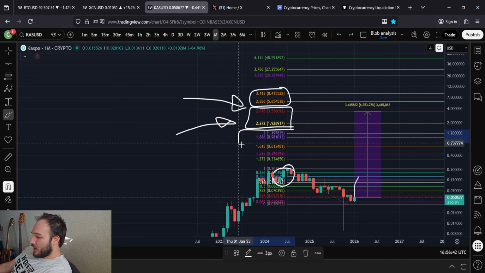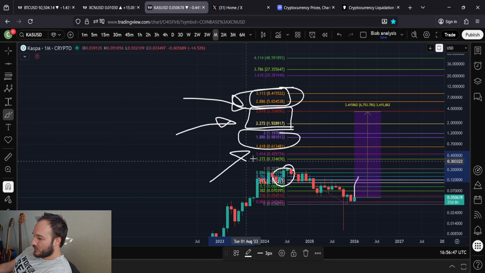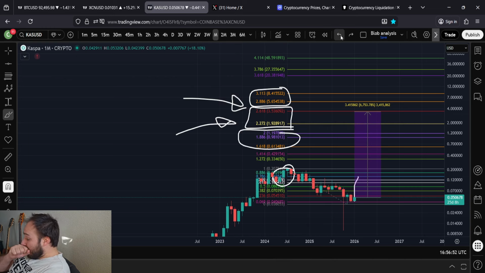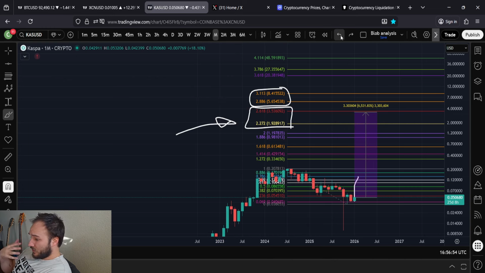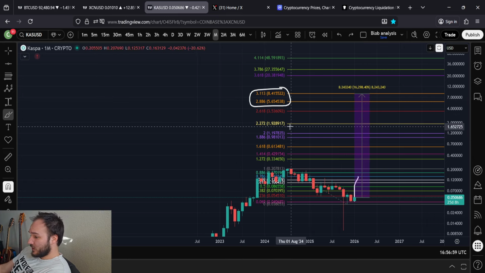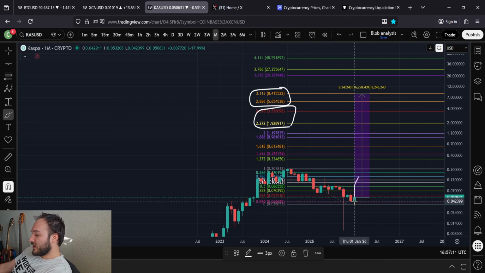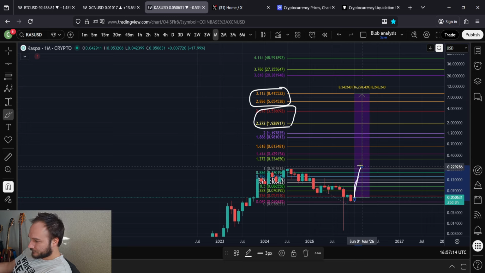In this realm of possibilities, we've got our little sandwich here, right? We've got the buns, which are the least likely outcomes, and then the meat, which is the most likely outcome. With all the analysis we've done, my expectation undoubtedly is that Kaspa will see something between about $2 and $3.50. If I had to guess when it will achieve that price, I would think by the end of 2026, maybe sometime early 2027, but probably by the end of 2026. And we should be kicking this move off, more or less, next month, if not by the end of this month.